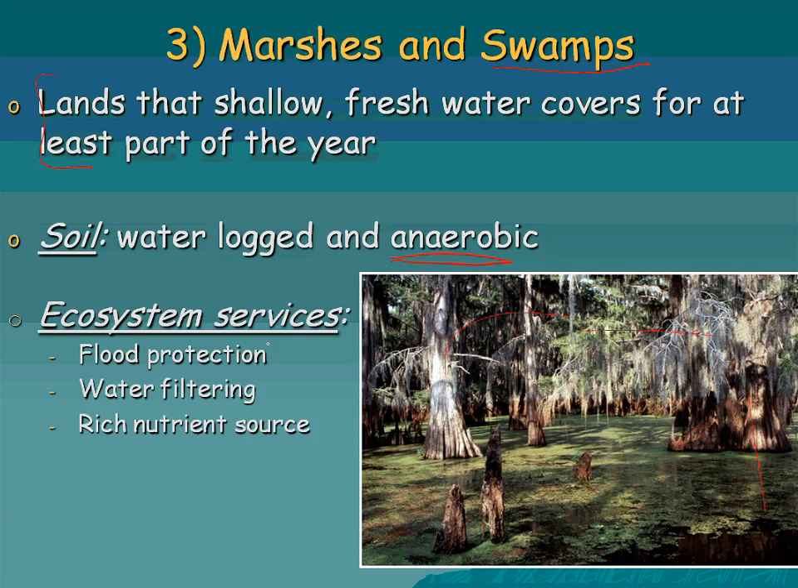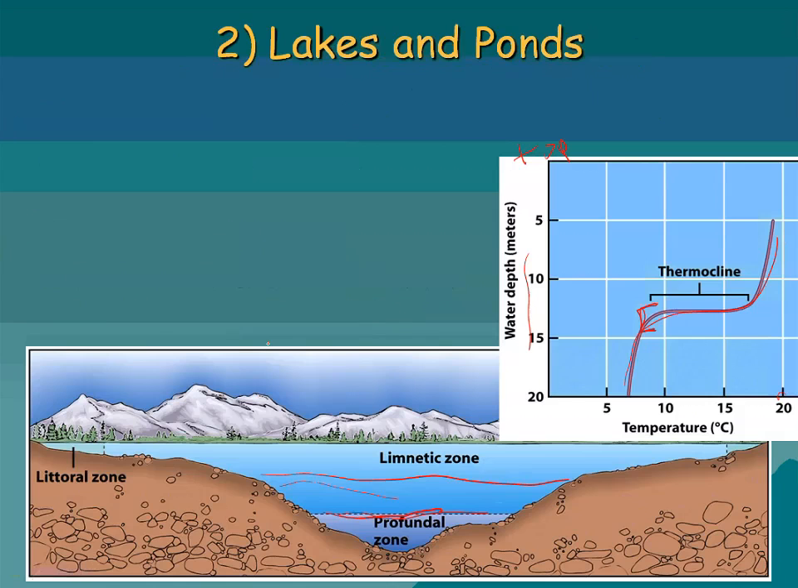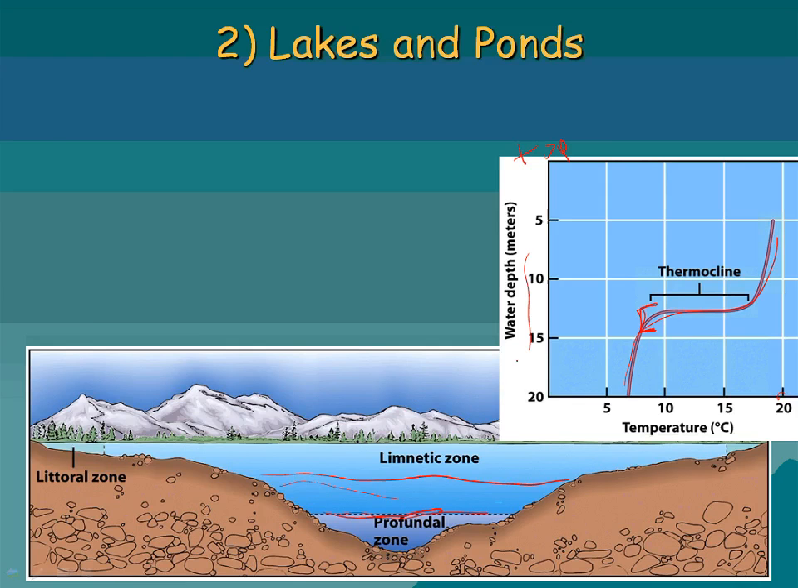And these are areas, if you, I'm kind of hesitant, let me go back to the rivers. So this low-lying area here is going to be a typical area for marshes and swamps. Kind of as it's going out to the ocean, you get